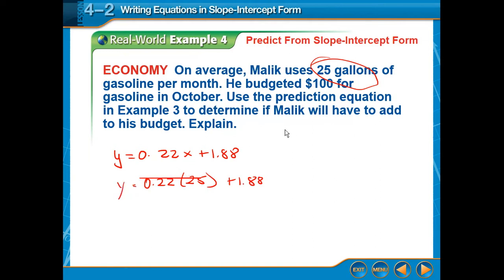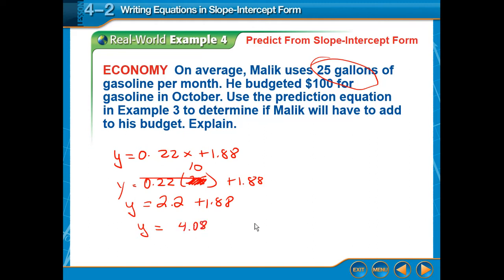Oh, wait. Okay, wait. He uses 25 gallons of gasoline per month. He budgeted $100 for gasoline in October. Okay, October is the 10th month. X represented the month. So this is going to tell me the price per gallon. So I'm going to do 10 times 0.22, which is 2.2, plus 188. When I add those two things, I get the price per gallon is going to be